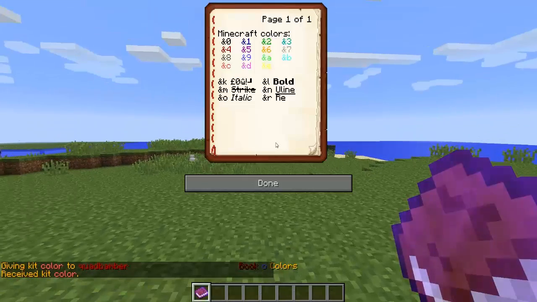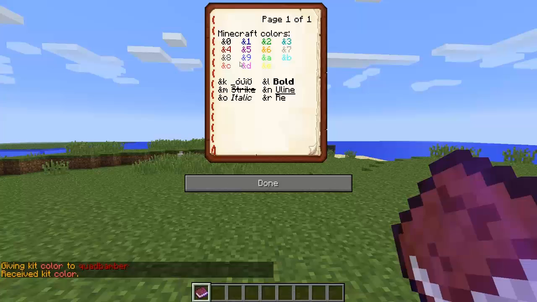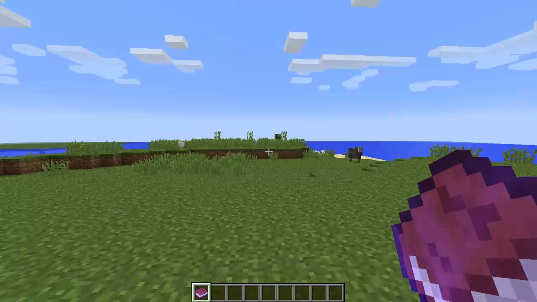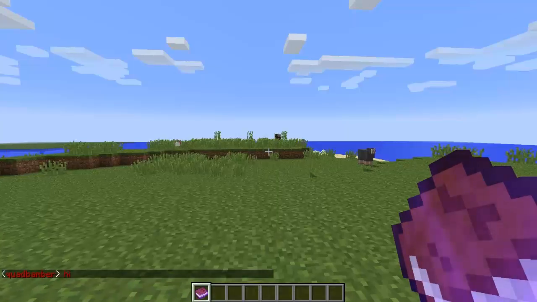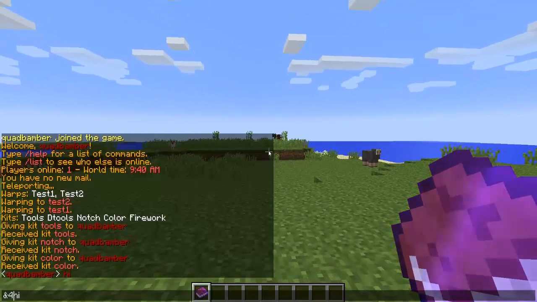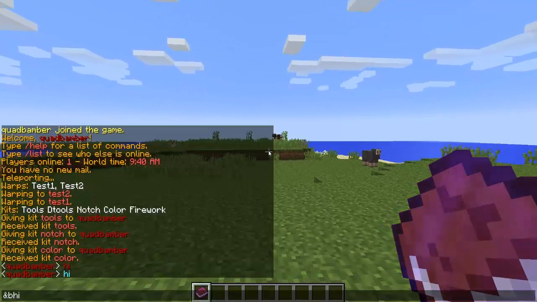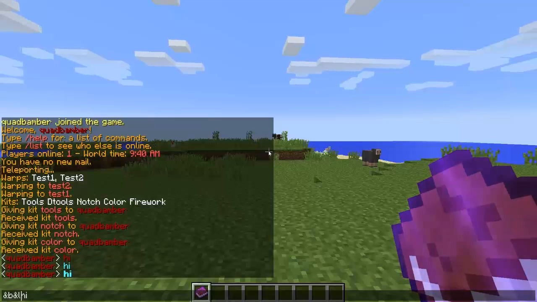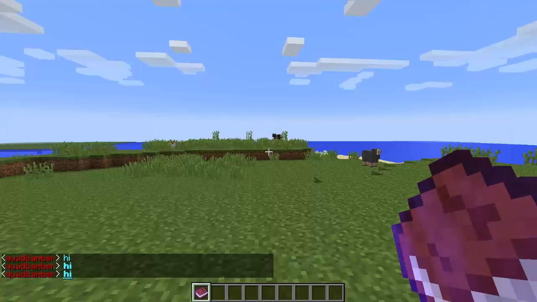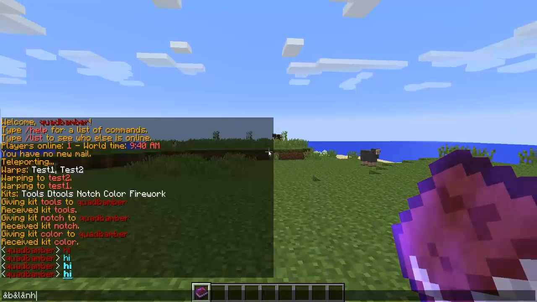This will give you a book of colours and it will tell you what you need to do with everything. So for server owners and admins, this would be useful to you, so you can do nice text in chat. This is another feature. I can do all coloured text, all nice. Then we can add some more detail, make it big. If I can remember, underlined. Yep, there we go, underlined.